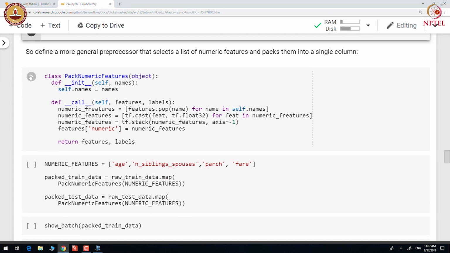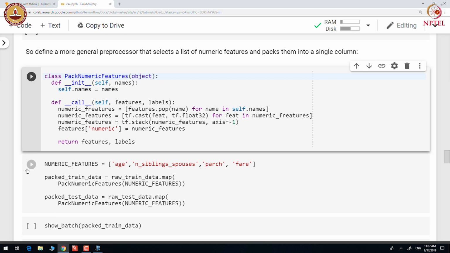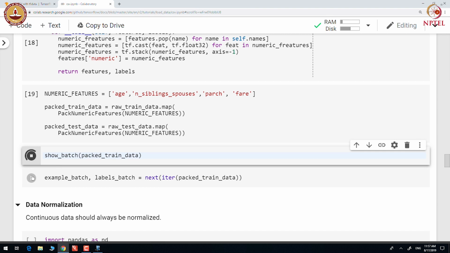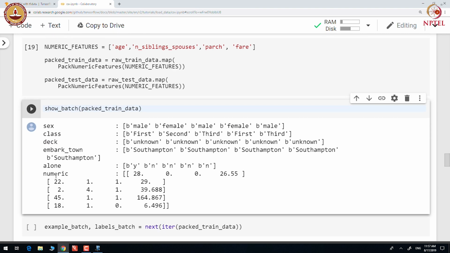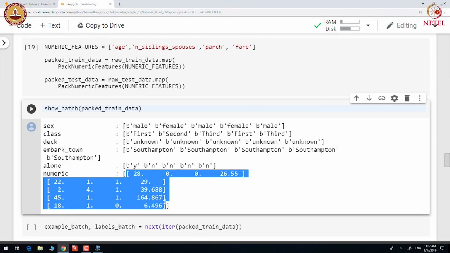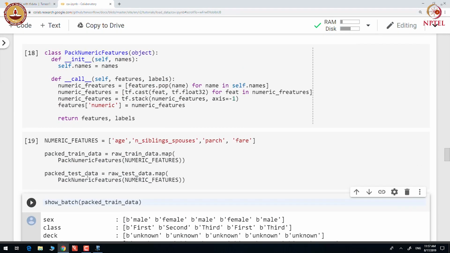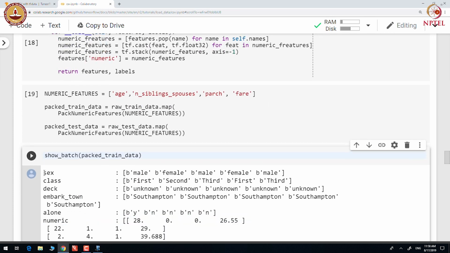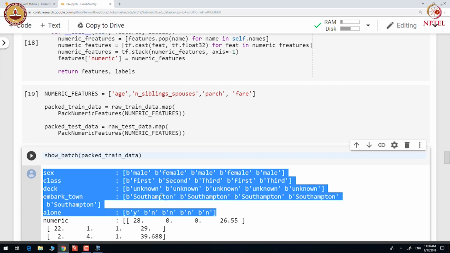We take the numeric features and pack them, and now you can see that all the numeric features are packed into a tensor, whereas the other features are kept separate.